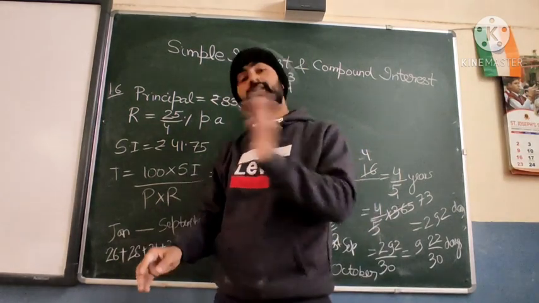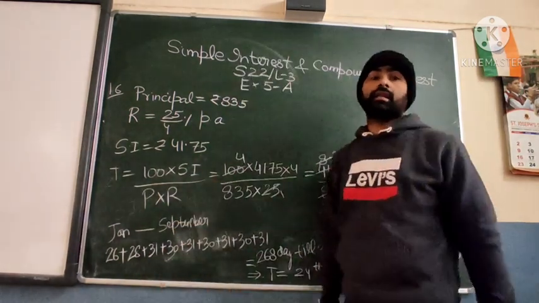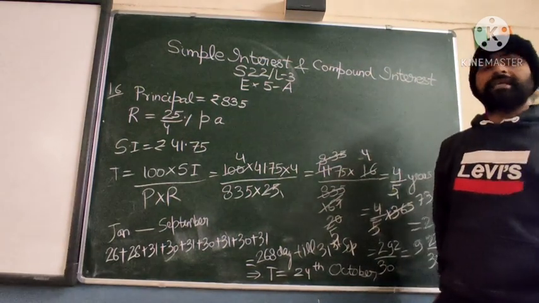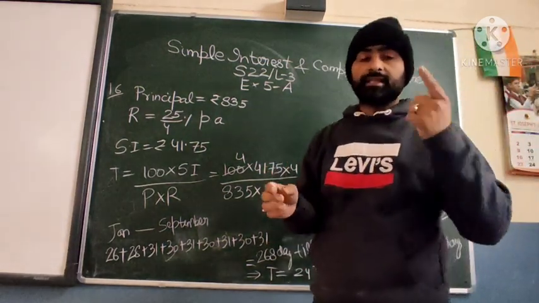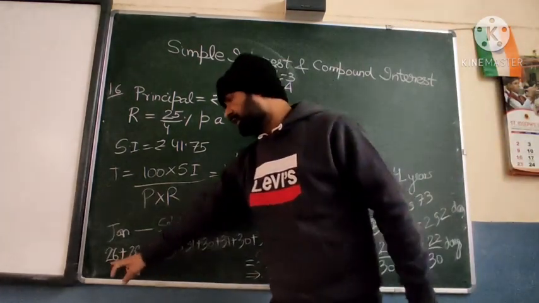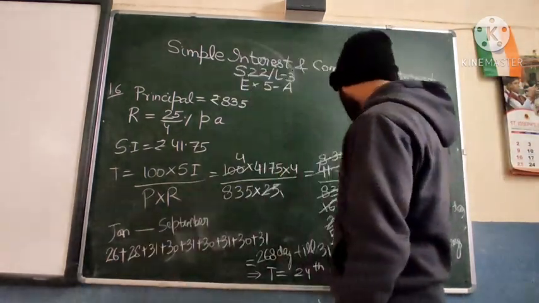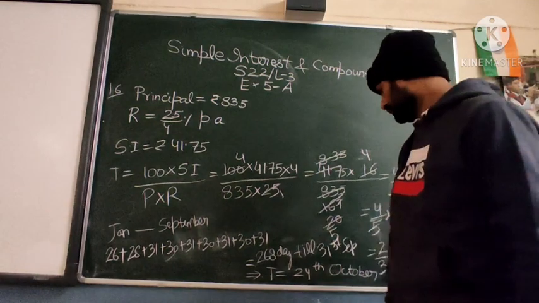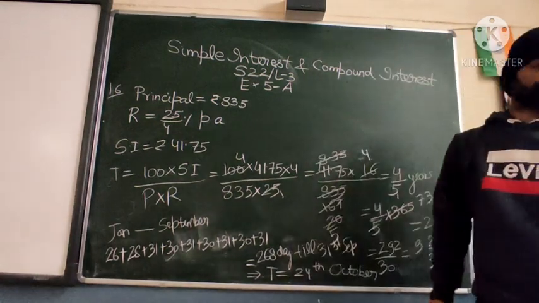That means we can take the other side. If you remember the lecture which I gave on Saturday, in that I told you that you have to exclude either the first date or the last date. So I exclude the first date, that's why 26 days in January. So you can take the other part of it, so 24th October. That is the answer here.